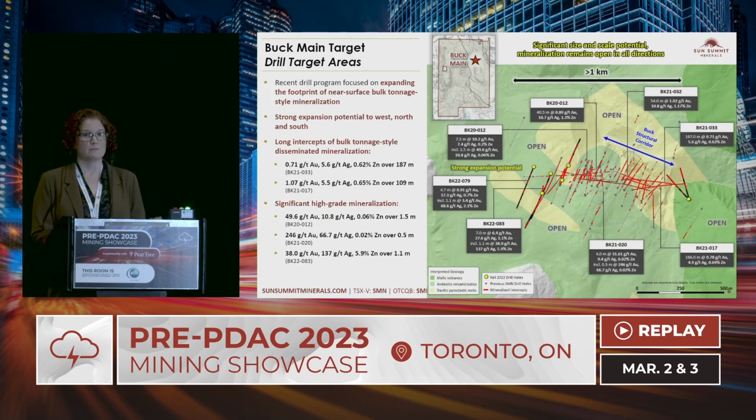However, today, a system like this could be economic. So it caught our eye, all the historic drilling, and we followed that up with 84 drill holes of our own for 30,000 meters. So I mentioned we currently don't have a resource on it. Every time we step out, we get more mineralization, and that's